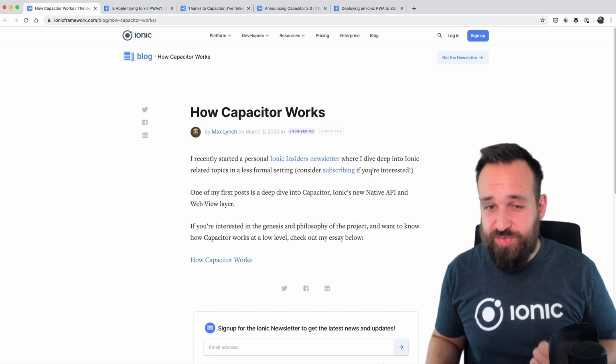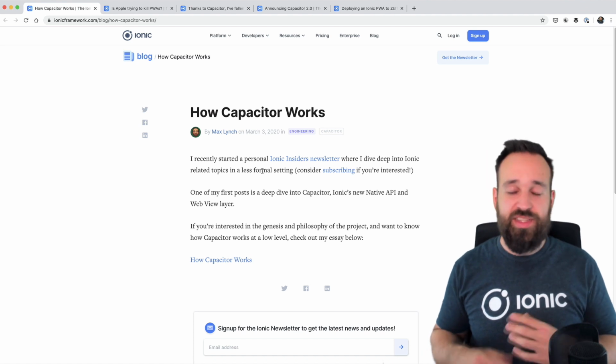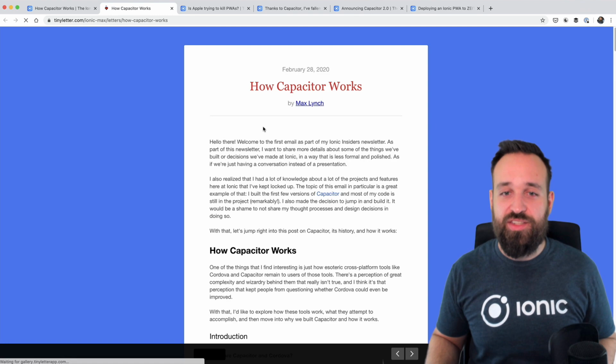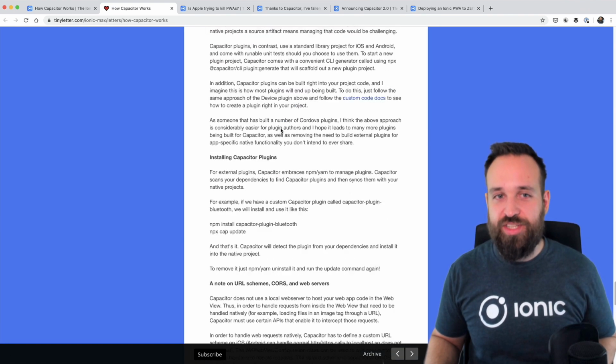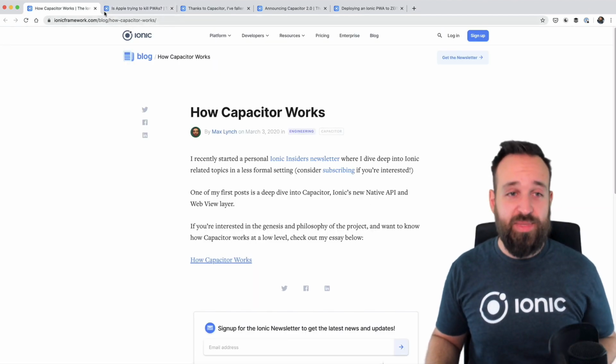One thing you should definitely check out is from Max Lynch, how Capacitor works. If you're interested in the internals of Ionic and Capacitor, this is something you definitely need to read. Take an evening to go through all of this. It is really super interesting and shares a lot of insights, and you will have a lot better understanding of